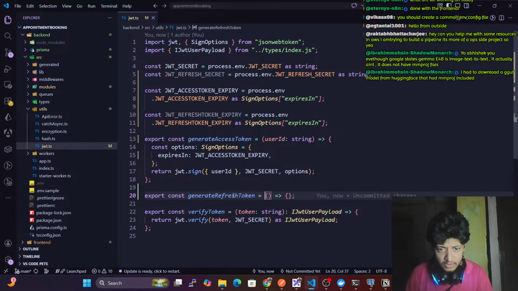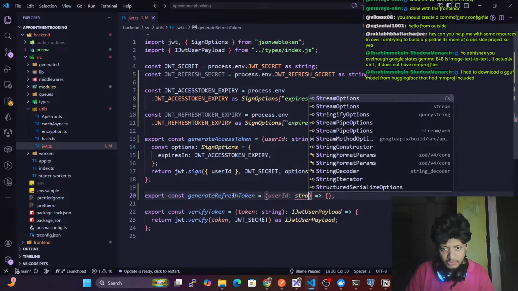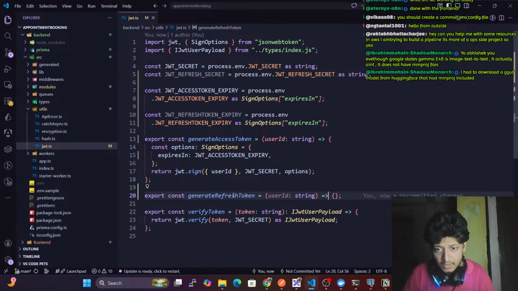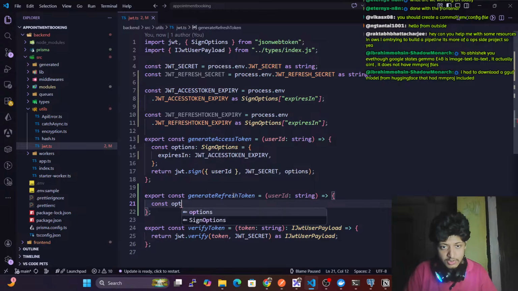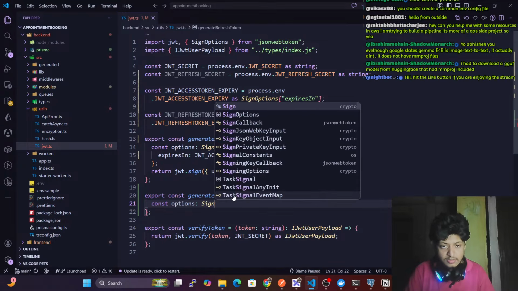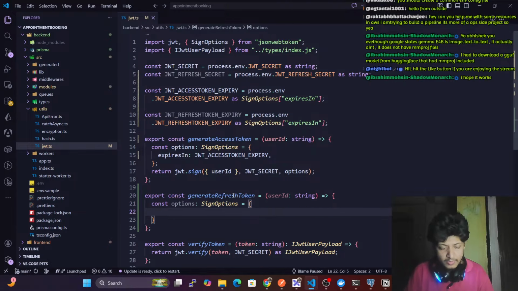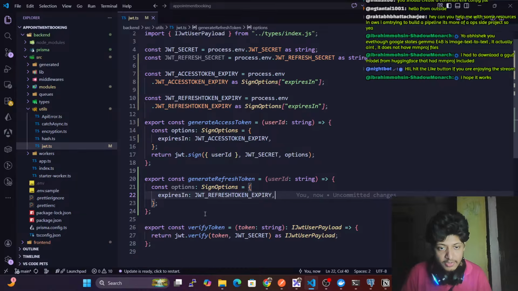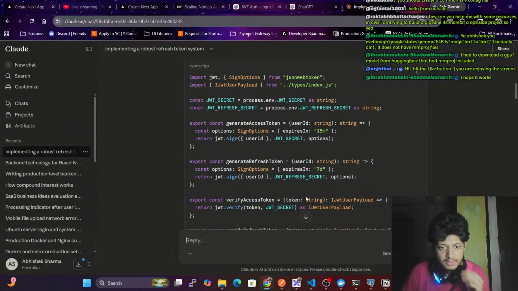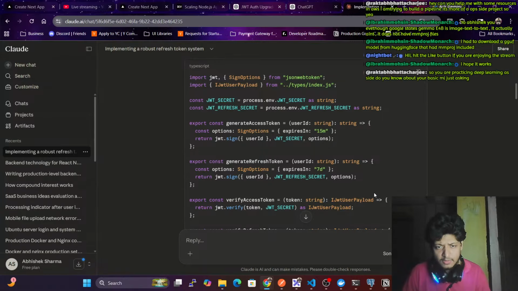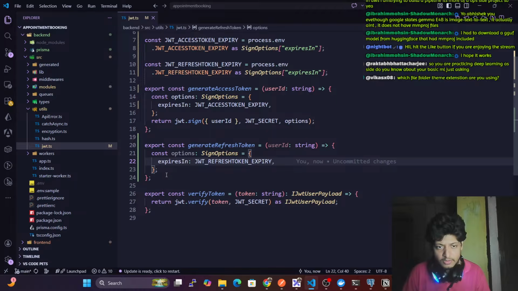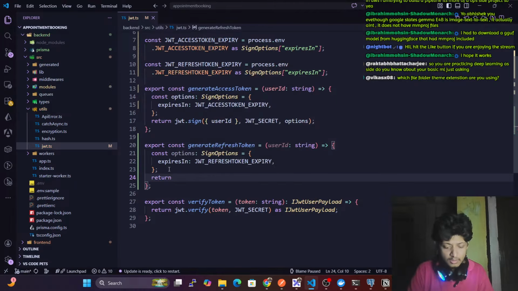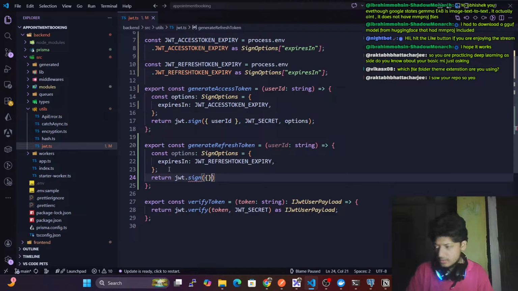Generate access token. Here a refresh token. Here we need user ID, which is string here. And then in const options we have sign options, expiresIn JWT access token refresh token expiry. We have this refresh token expiry. Fine. Generate refresh token. That's it. Access token sign. Okay. Here we need to return JWT.sign. Here we have